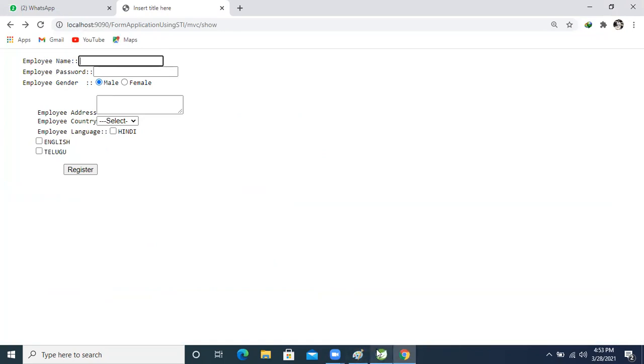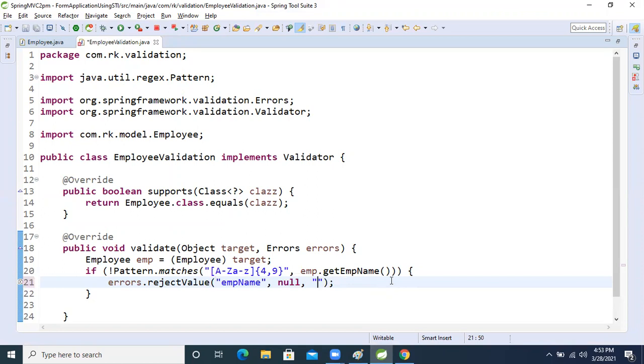So for that we will write one message. What message can we write here now? Please put a to z or A to Z, minimum 4 letters, max 9.